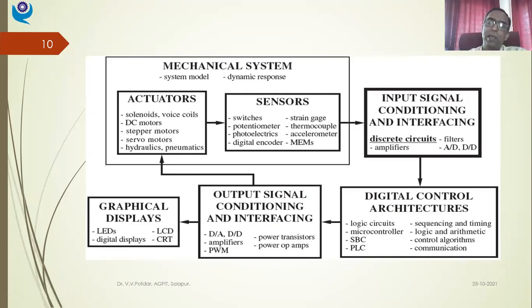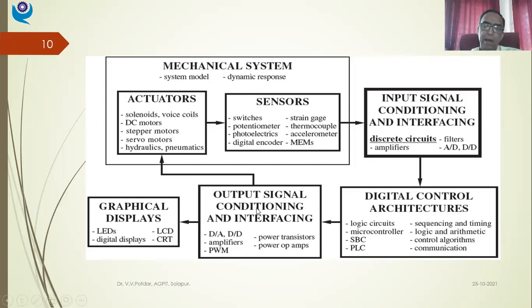That feedback is given, once again, by the force sensor. Once the required force of 300 Newton is applied by the motor, the sensor will sense the signal and send it to the controller, and the controller will compare the feedback signal with the present signal, and then it will generate the zero error signal, so that the motor should stop thereafter. After applying the required force of 300 Newton, the motor will stop there.